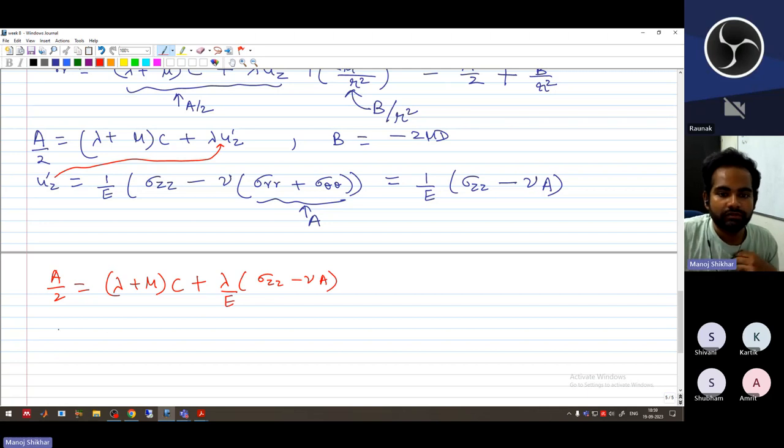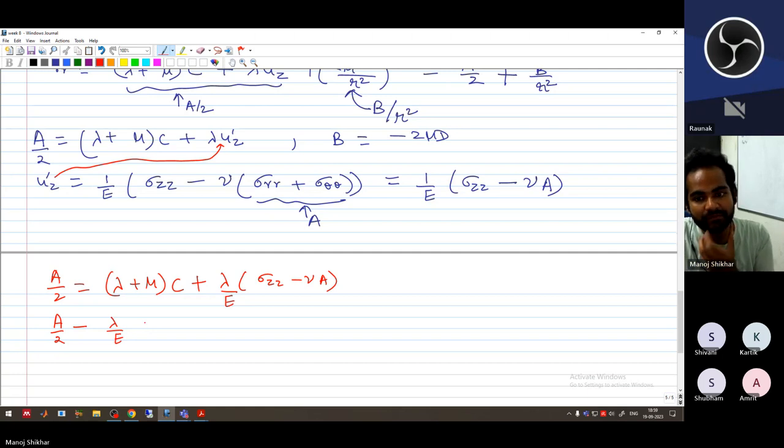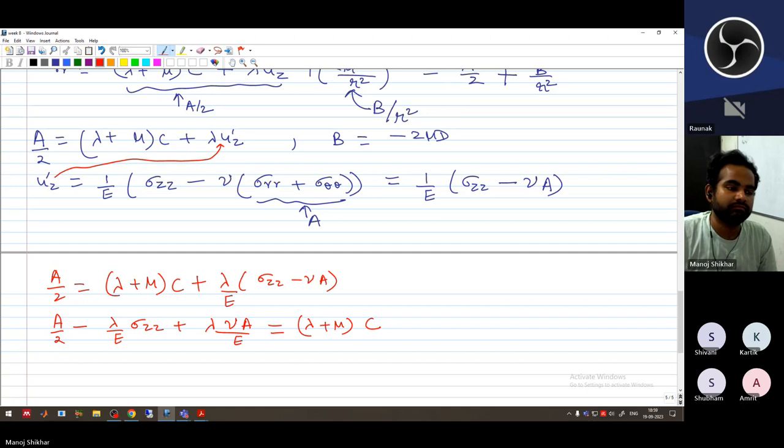So from here, a by 2 minus lambda by e sigma zz plus lambda into mu a by e equal to lambda plus mu into c. So from here, what we'll get? We'll get c equal to